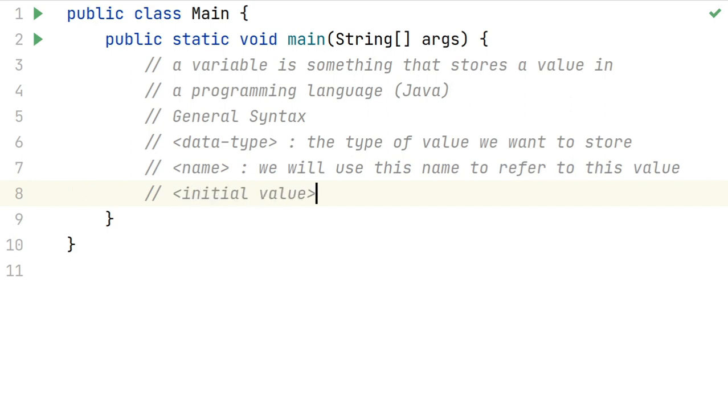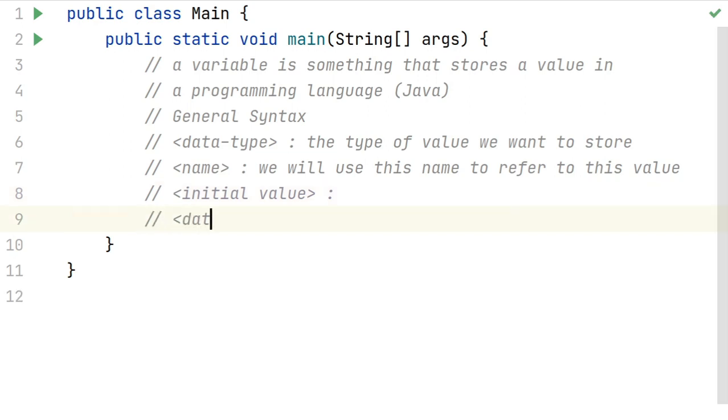initial value, right? So suppose we have created a variable, we are saying that there is a box and we want to put something in the box right from the start, right? We do not want to leave the box empty, so we can start the variable with the initial value, right? So how do we use this?